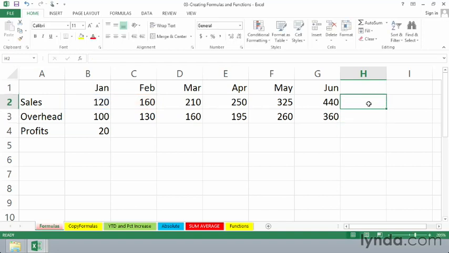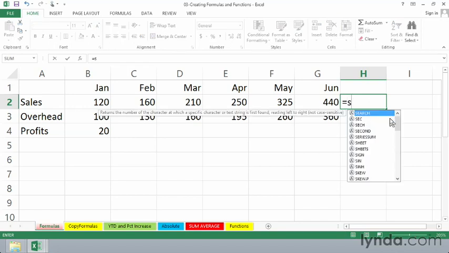One better way is to use a function. Now, in Excel, there are over 400 functions built in. Many of them are shortcuts for well-known formulas, statistical functions, database functions, quite a few different categories. We simply want to add up a bunch of numbers. The function we're talking about is called sum, S-U-M. Anytime you begin an entry with the equal sign, as soon as you type a letter, for example, the letter S, we get a pop-up list of all functions beginning with that letter, and quite a few of them here.